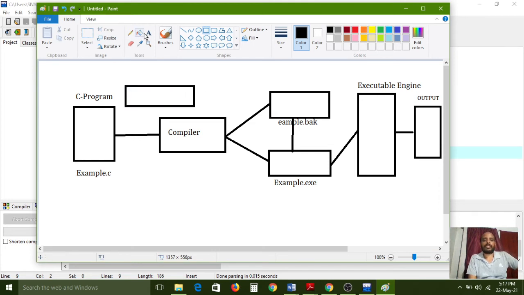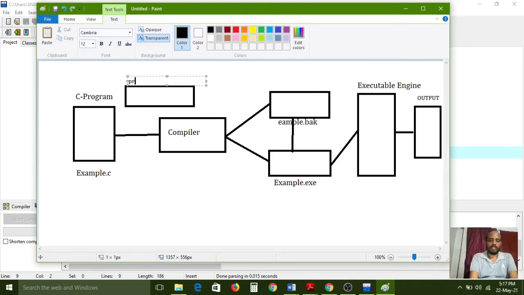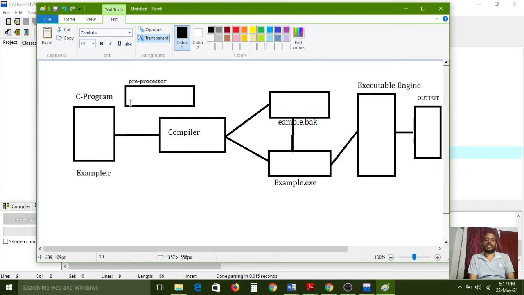Understand? First it will go to the preprocessor. The meaning is already available in that word only. Preprocessor, nothing but a pre-processing file. Hash include means it is a pre-processing directive.